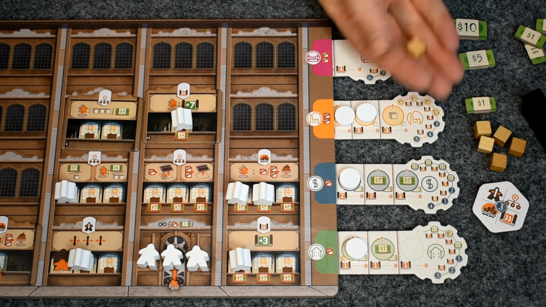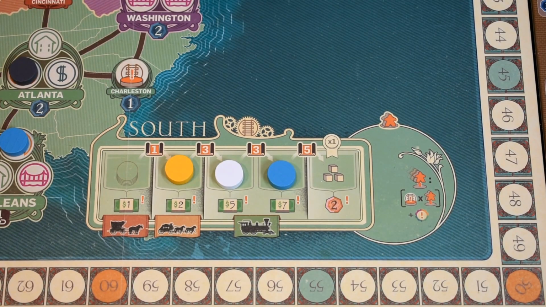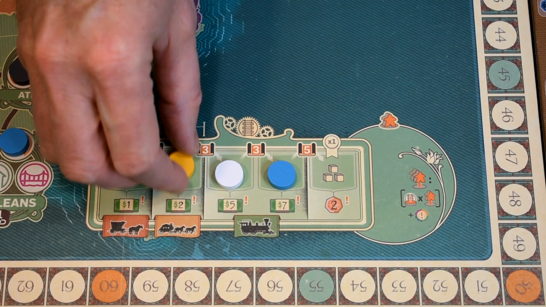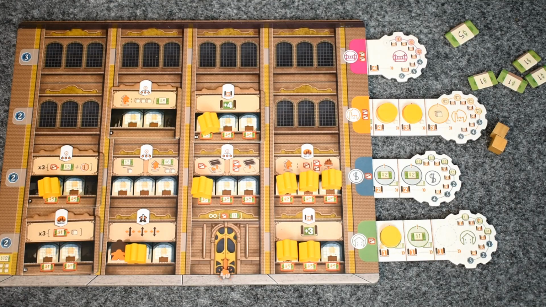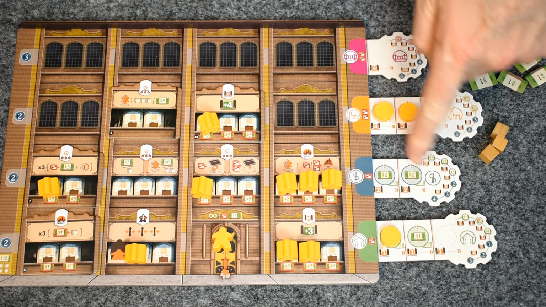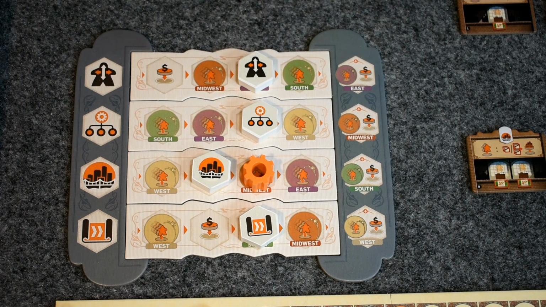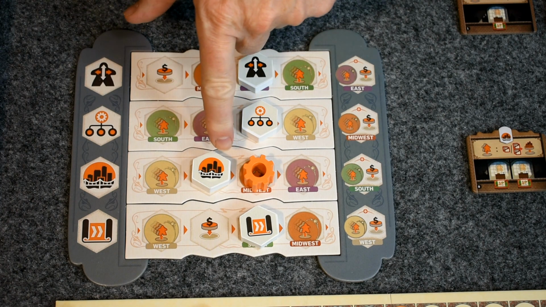and 1 more cube. Now Yellow's up, and he'll also retrieve an employee, and that will gain him 3 study points. Yellow will spend those 3 study points advancing on the south transport track. She'll return that employee to her lobby, and from her tab she'll gain 1 cube and $5. Blue didn't have an employee in the Midwest that he could retrieve, so we'll go on now to the construction